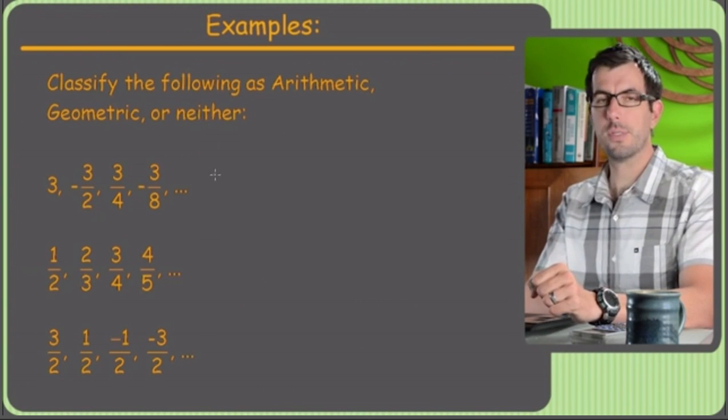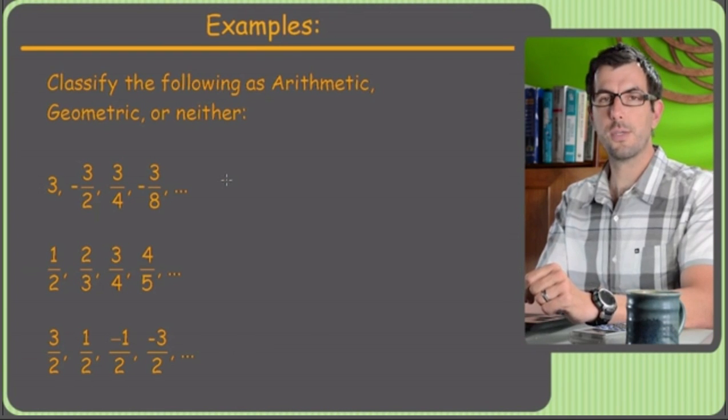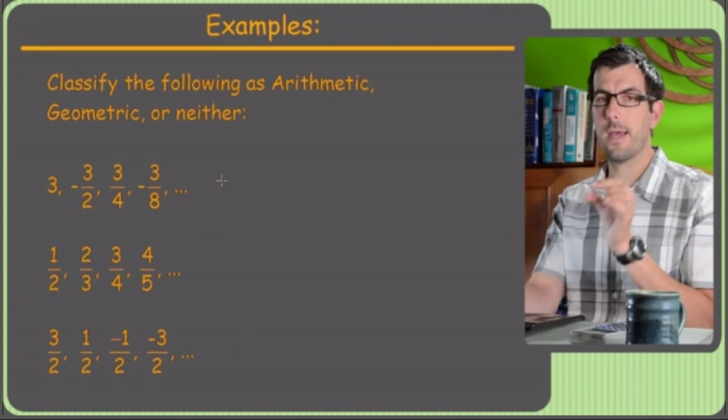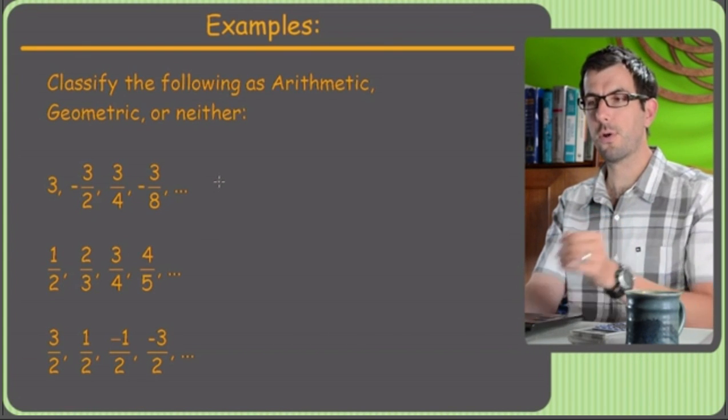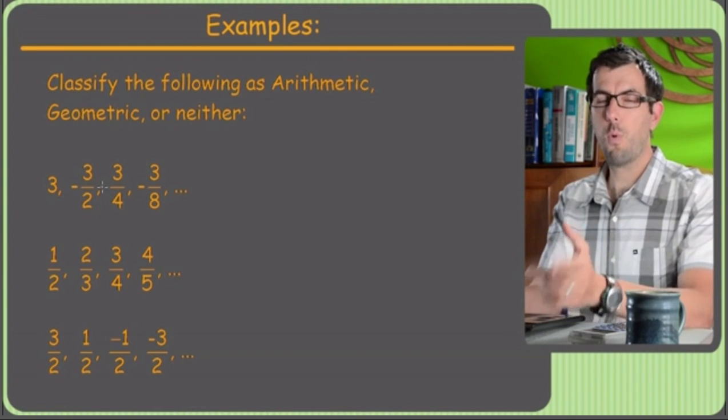Take a look at some examples. Now this is a frequent type of problem in the book, and maybe on a quiz. They'll just give you a list of numbers and ask you to classify it as either arithmetic, geometric, or neither. Now here's what's really important, it's got to either be one or the other